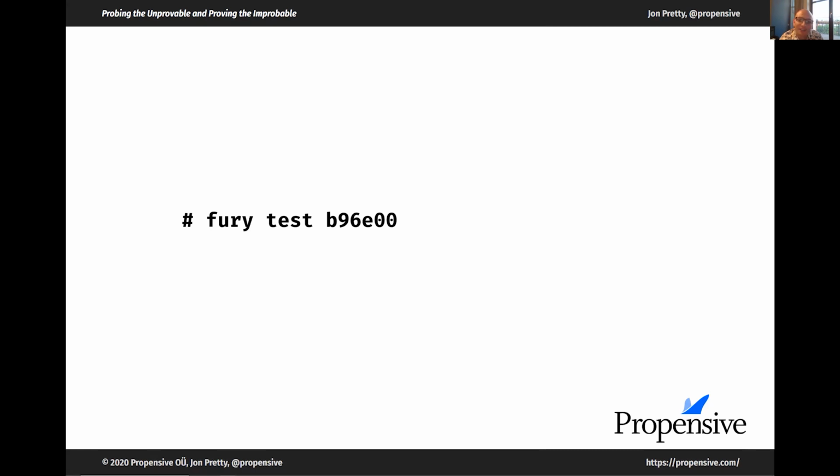I don't have an idea for how the shrinking would work, but it would be fantastic if it could be contributed, or if someone could maybe just chat to me about the algorithm and we could look at how that would work. And without saying anything at all against Scala check, I don't think having an alternative way of doing property testing would be a bad thing.